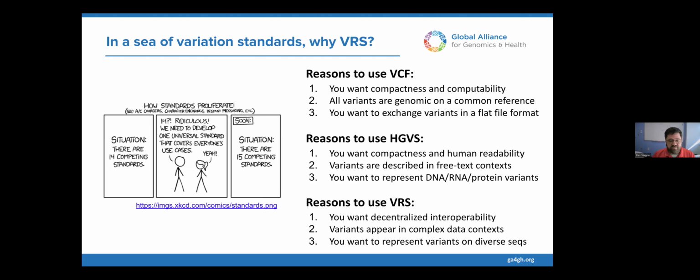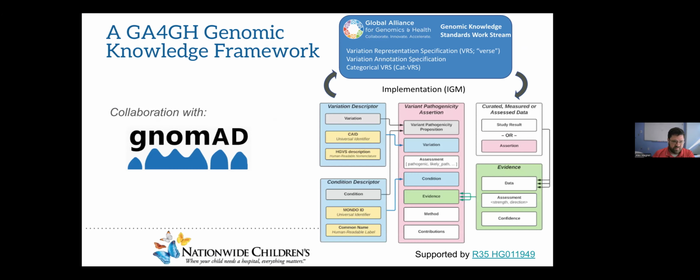And VRS is really built for a different purpose, which is, you really want to create a common language for variants that works across a bunch of online genomic evidence resources, where that information can appear in complex data contexts, like those genomic knowledge statements we described. And you want to represent your variants across diverse sequences. And so I'll give you some examples about where we've applied VRS and what this looks like in the real world. So one of our large scale implementations of this was with the gnomAD resource,